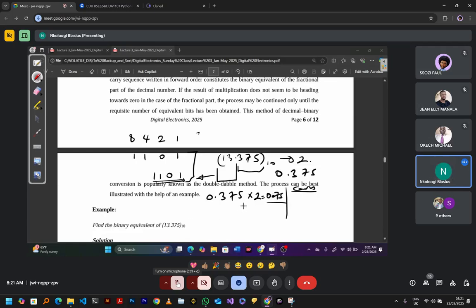So in this case, what is our carry? Our carry is this one here, the 0. Then what is our multiplier? The 0.75. So bring the 0.75 here times 2,